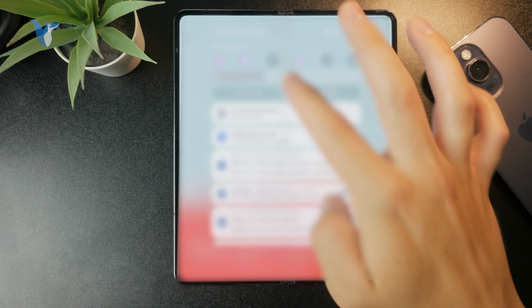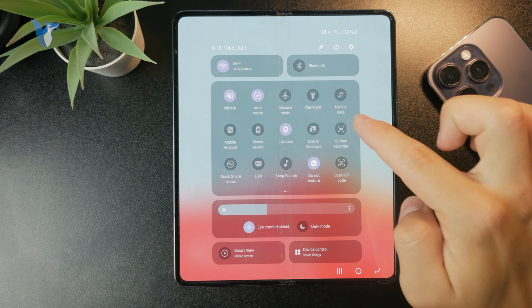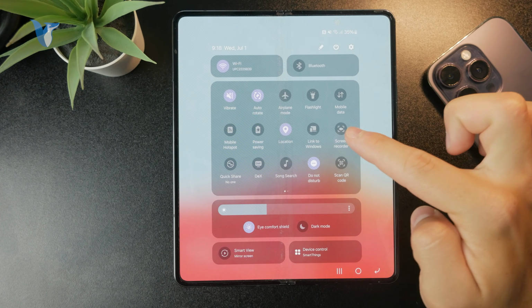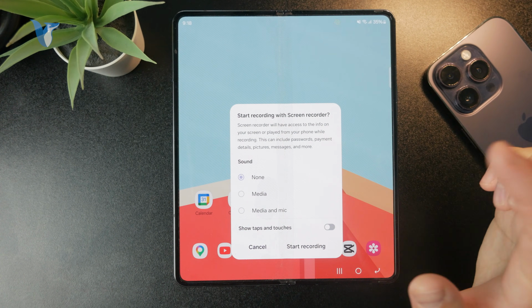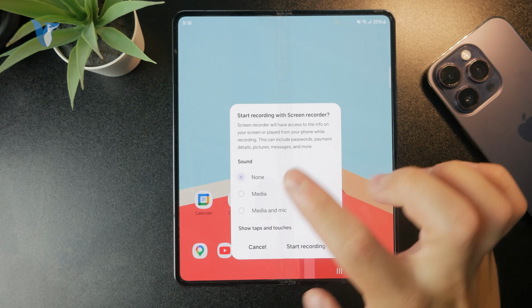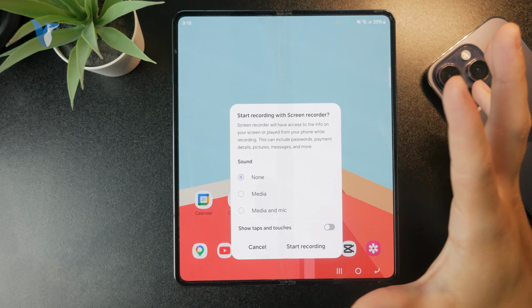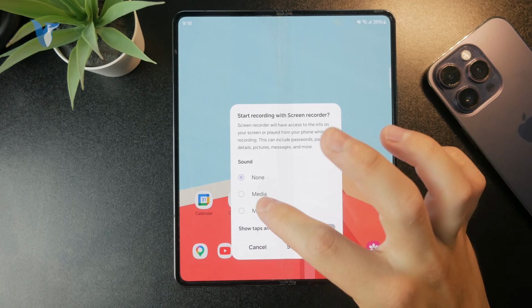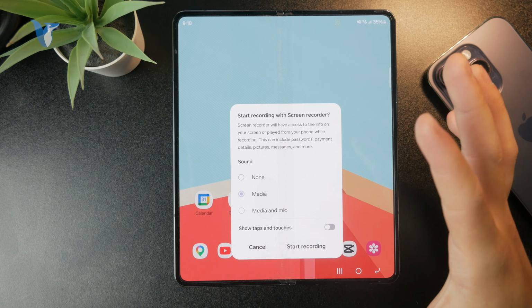So of course we can go to the control center like this and find the screen recorder toggle. So I can tap it like so, and it's gonna give me the pop-up asking me which sound option I would prefer. So it could be like no sound at all, meaning that only the video of the screen will be captured, no sound. Then we have the media, which means that we have the ability to capture internal sounds,